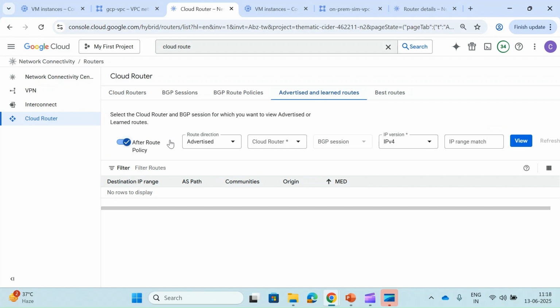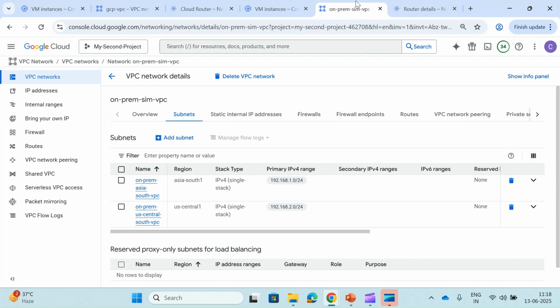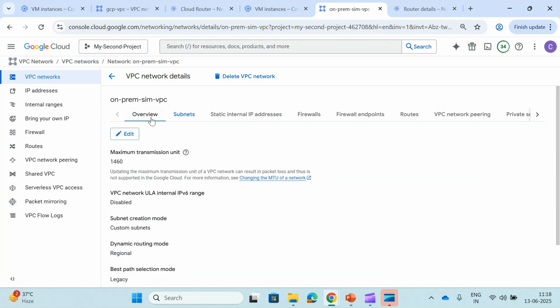Now suppose a requirement came, and someone from your organization told you that we want this US Central subnet to also be reachable, or that all the subnets should reach your other network. Now you have two options. One is to create one more VPN connection in each region, but that will cost you so much money, so we can just deny that option. The other option is to go and change the VPC to global. That's the best thing you can do. But before you do this, I want to tell you, if you have more than 250 subnets, it is better to use custom routes or do summarization.